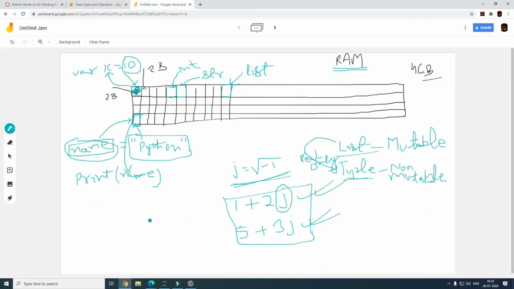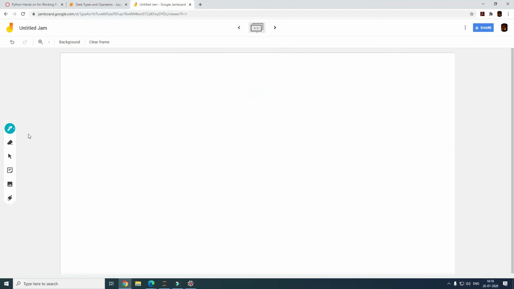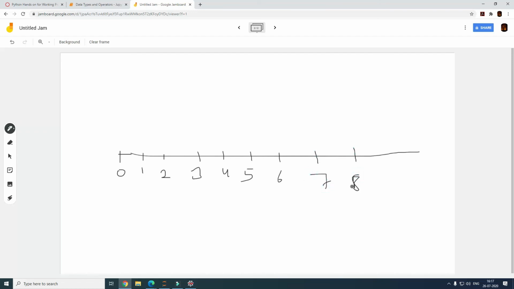So think of this this way, right? You have this number line here. This is your 1, 2. In fact, you also have a 0 here. 3, 4, 5, 6, 7, 8, 9, and 10, right? So in this case, what is happening is inside range, we can actually specify three parameters,